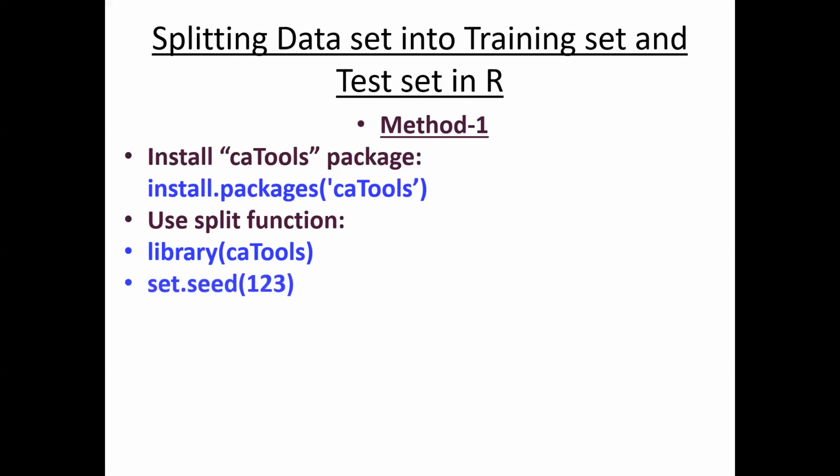For example, I have written a seed. What is this seed? For example, if you and I use the same seed, say I put 123 and you also put 123, the same rows of training and testing are split for both of us. For example, consider 10 rows. The same 7 rows in the training data are selected for both of us. If you use different seeds, different 7 may be taken.